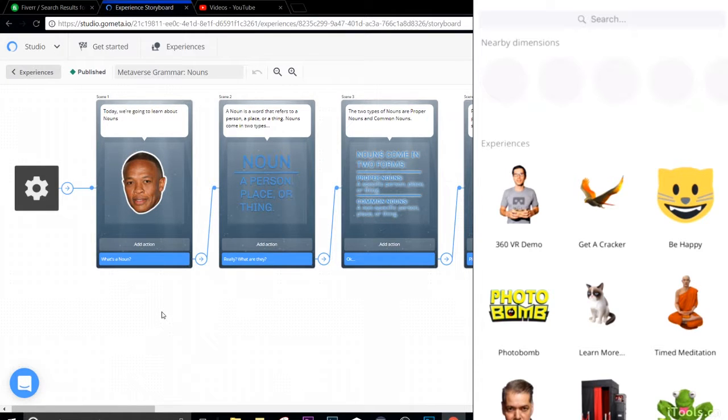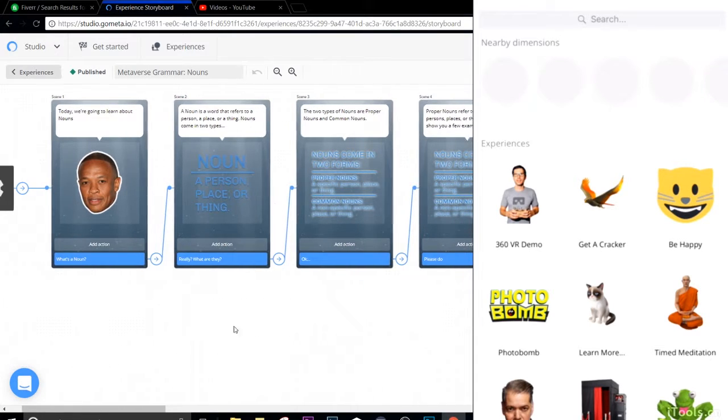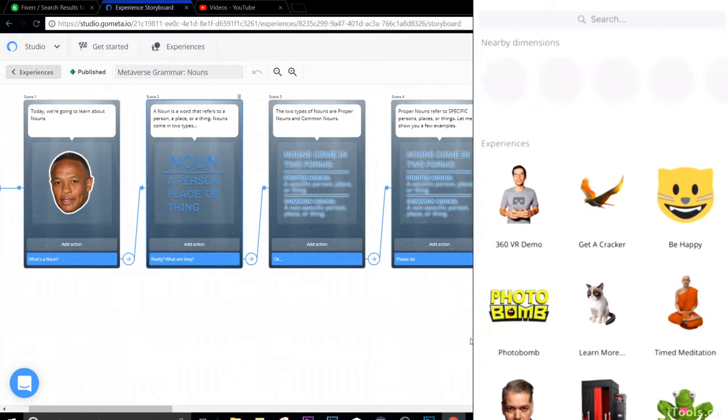Since nouns are all about persons, places, or things, I decided to start with a person, a famous person, Dr. J. In the second one, I've created a character scene where I've uploaded a graphic that I created in Photoshop, and I've uploaded it to the community gallery, so everyone else should be able to use this as well, if they decide to make a noun experience. And then I made one with